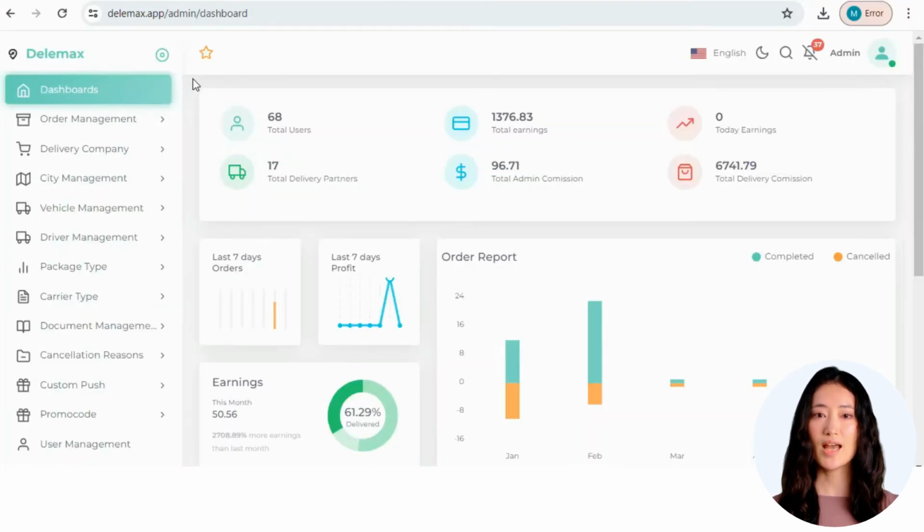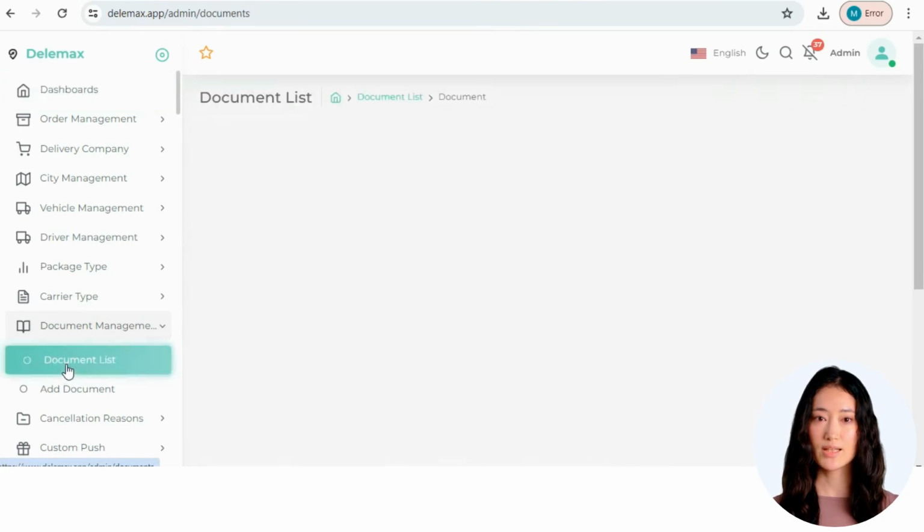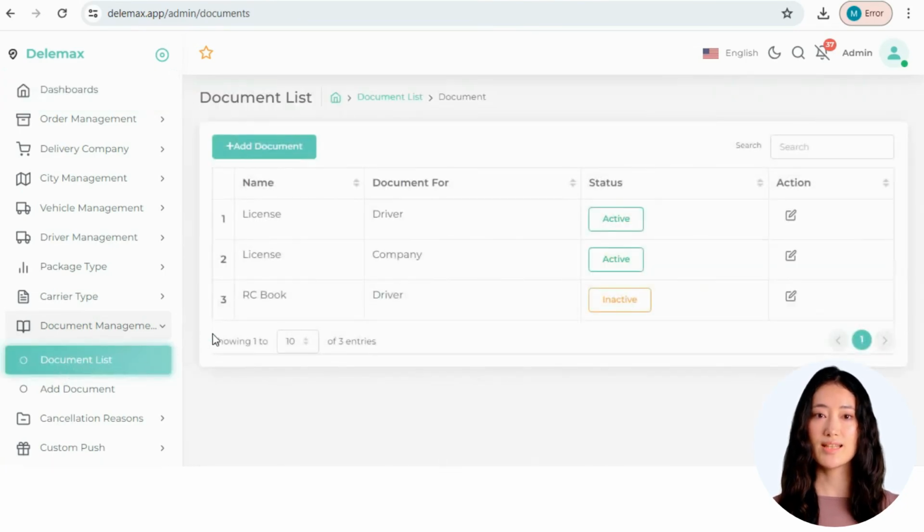Then you have to decide what documents should be included in the document setting page. For that, click on Document Management and click the Document List option. Here you can see all the list of documents that have been created previously. If you want to add any other document which is not available in the existing document list, then select the